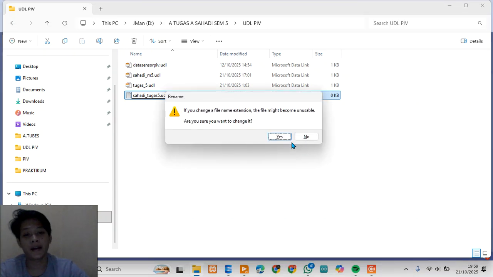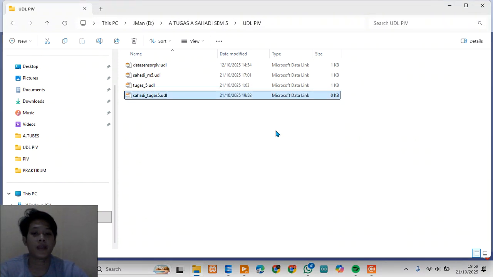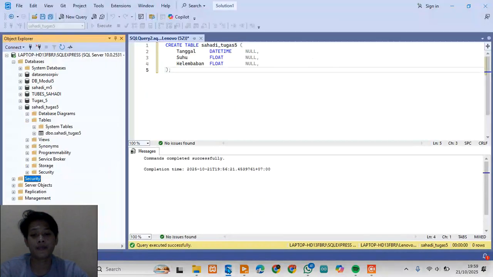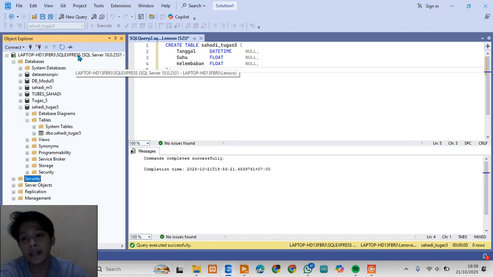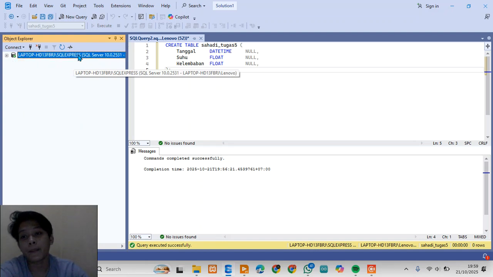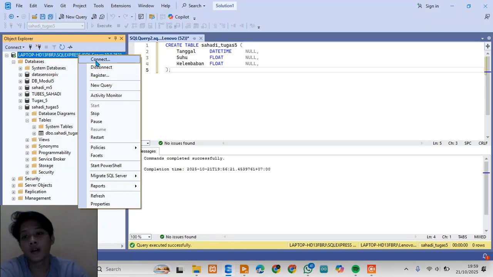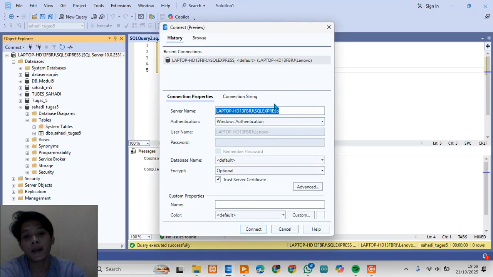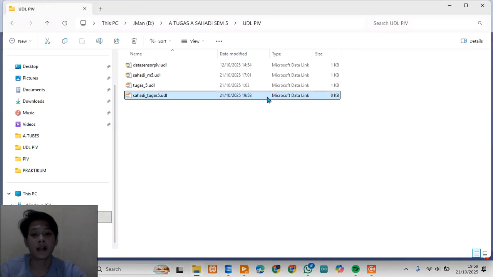Enter, and I select yes. In SQL Server Management Studio, I click the server name, connect to, copy the server name, and paste it in the UDL.